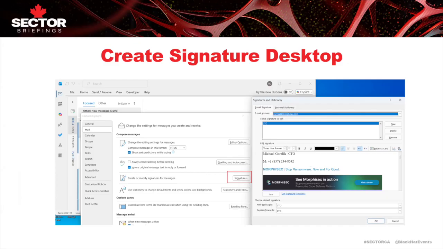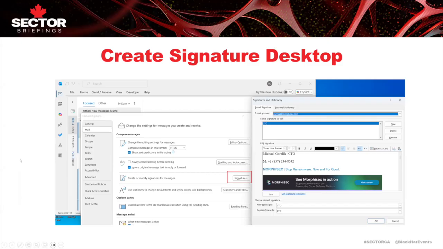How a signature is added to your email really depends on how you decide to render your email. There is a different setting, also roaming, that as you see here on top, composes messages in the format of HTML. By default, all mails are rendered as HTML. If the email is HTML, it will take the signature generated as HTML and append it inside.